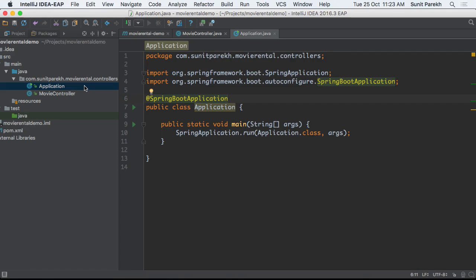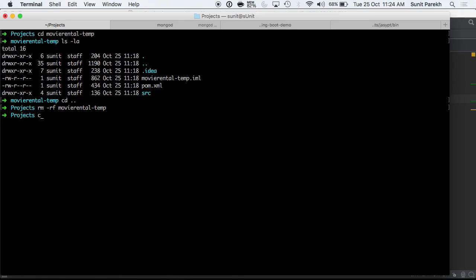So by default, Spring Boot runs the application on Tomcat. I don't have to define it. This is the default configuration. If I want to change to Jetty or Undertow, I just have to change the POM settings. That's all. In the pom.xml I say starter Jetty and it will start the application on Jetty. So now